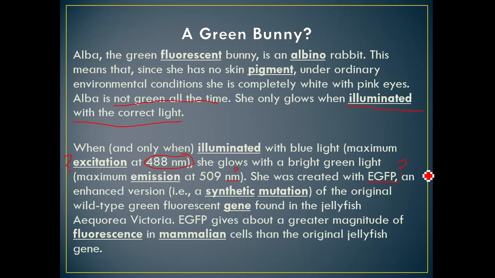And she was created with a gene from jellyfish that makes the jellyfish glow and can actually make her glow as well. I have a lot of other questions about this. This is something that an artist did, a genetic artist. That's what he considers himself. That I happen to know from when I found the article initially. But at any rate,